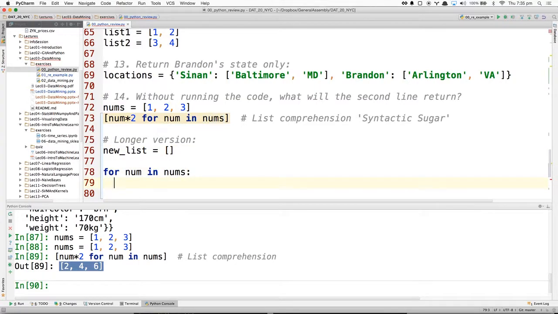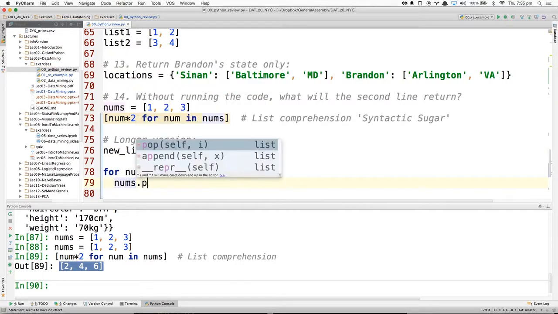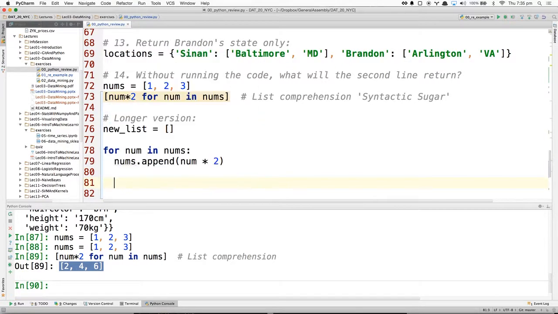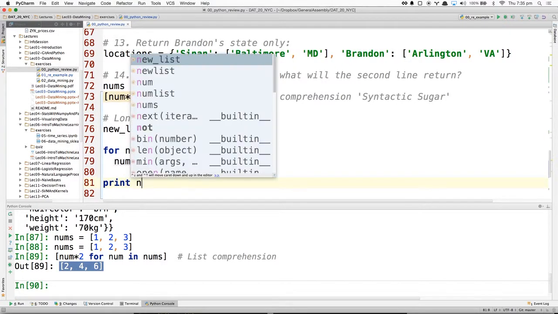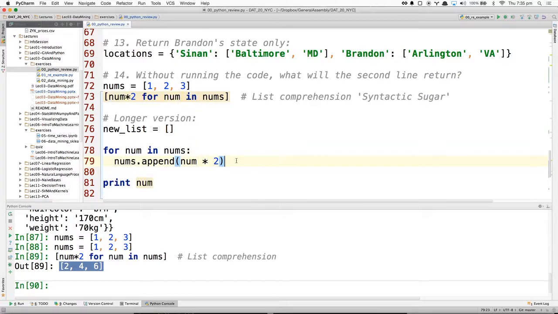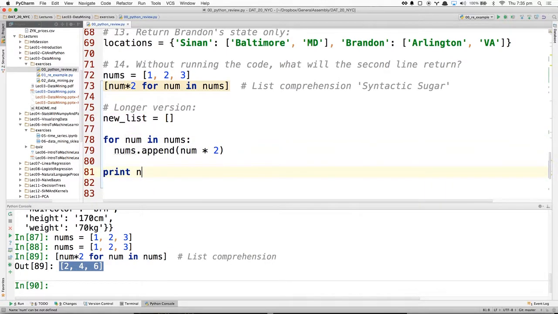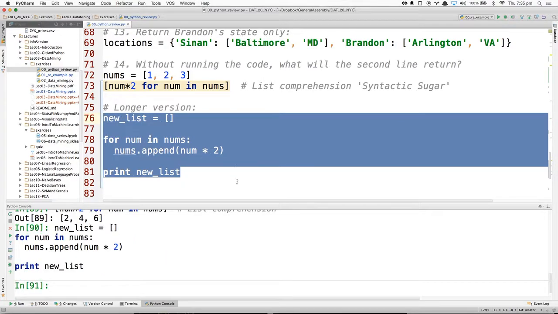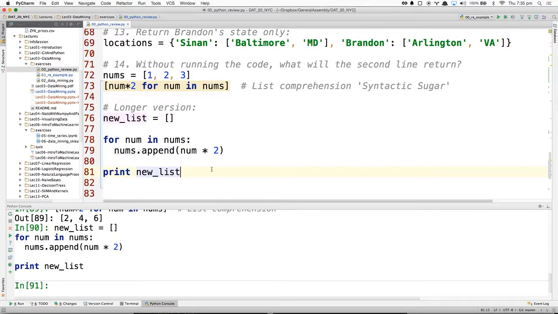Then for num in nums, I would have to do new list.append num times 2. And then print out the new list.